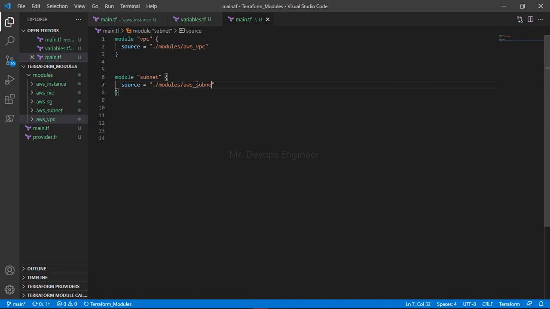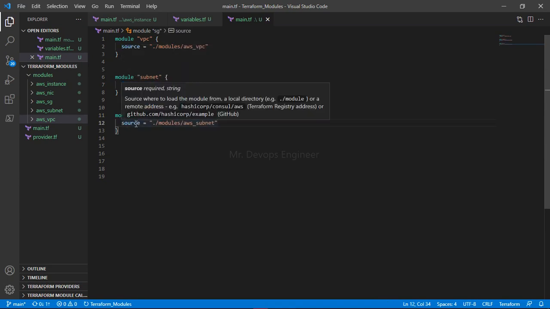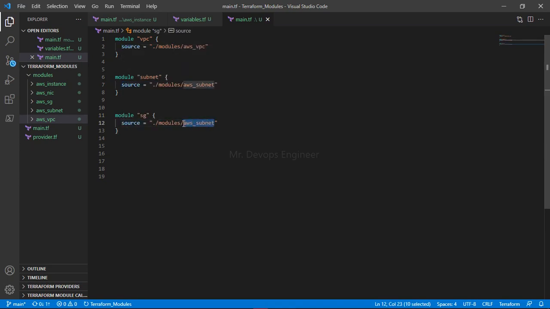See, subnet, this is subnet. Same way again you will call all the modules, like this is the module which is security group, right? Now just do sg, and here we will call the module. Again almost the path is same, so I am copying this. So module slash AWS sg, right? AWS sg. So once this is done, just go for the other module, and that is NIC, right? So this is the module, and how will you call this.